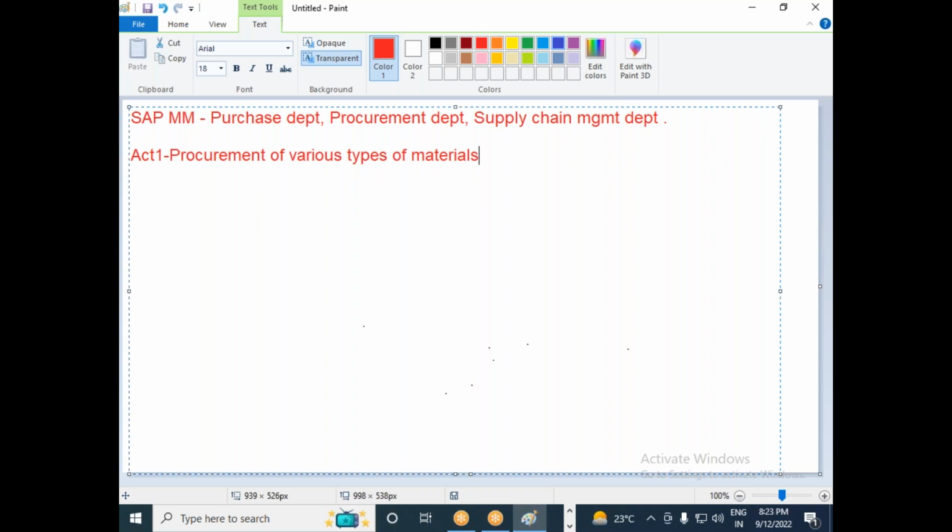So when I say procurement of various types of material, but what is a procurement? I think we have some freshers in the class, so they don't know what is a procurement. When I call a terminology procurement, can anyone tell what is a procurement terminology? What does this mean? Yeah, what is procurement? Requirement, sir. What is the meaning of the procurement? Requirement. No, no. When I say procurement, what is the meaning in English or Telugu or some other language?